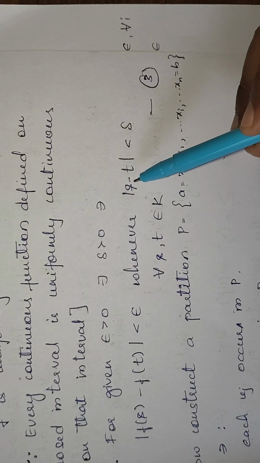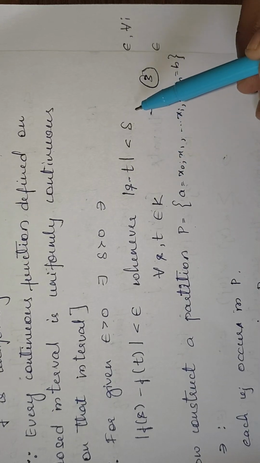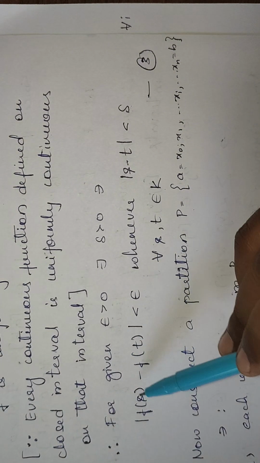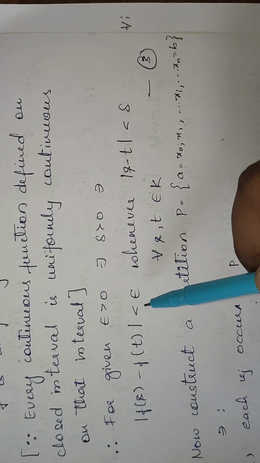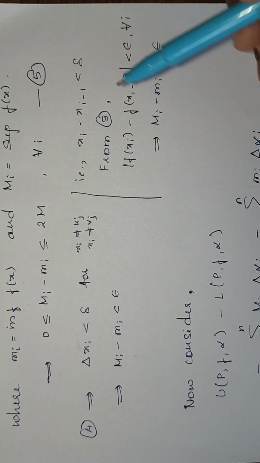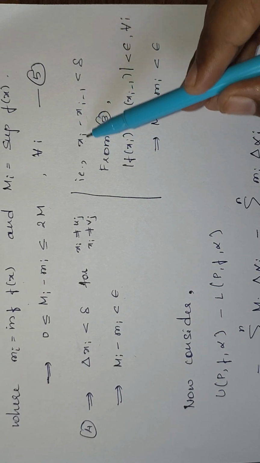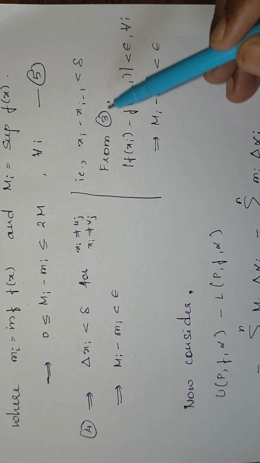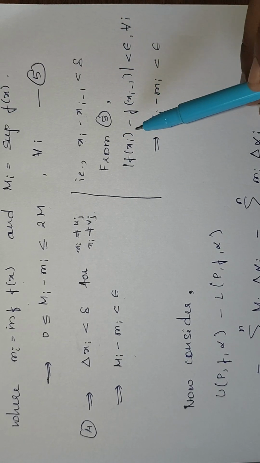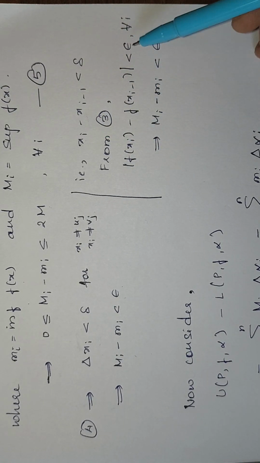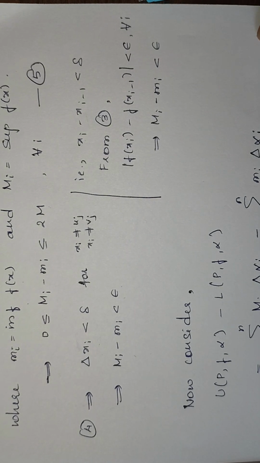So, whenever the difference between two points is less than delta, then the difference between their images is less than epsilon for all s in K. So I am using this here. They have given that the difference between these two is less than delta. Then obviously from 3 we have the difference between their images is less than epsilon, and this is for all i. Okay, that implies, since this holds for all i, because we are using the definition of uniform continuity, this